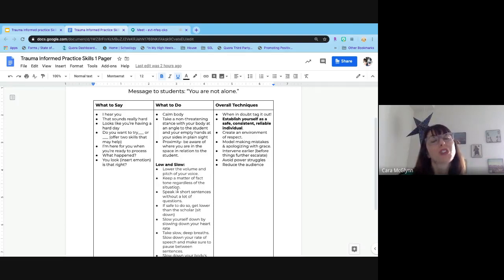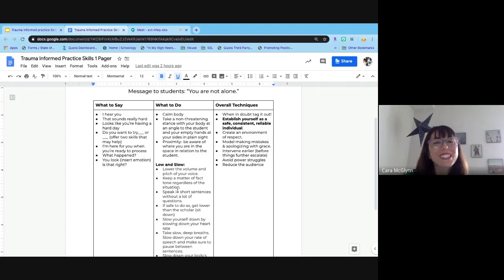A lot of times, kids with trauma experiences and histories don't have the experience of anyone ever apologizing and fixing it with them. They also don't know how to allow themselves to mess up because it always feels like if I mess up, I'm going to get hurt. But if they can mess up and not have it be this disaster, it again develops some capacity in them for learning. A lot of learning is failure. If you think about some of maybe the best lessons you learned, it's because you messed something up. But if you don't feel safe enough to do that, you're not going to get that really important life experience that supports us into adulthood.